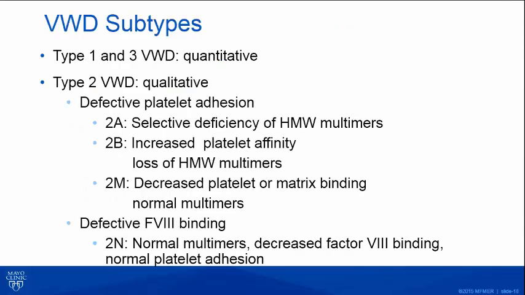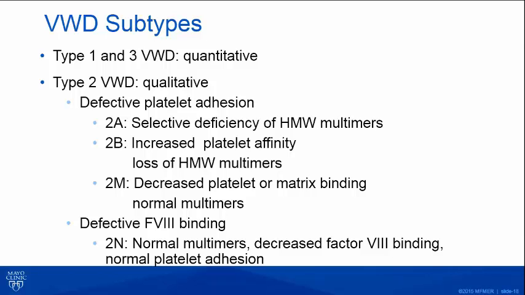So type 1 and type 3 are quantitative abnormalities. Type 2 is qualitative. In type 2, you can see there are 2 subcategories. One is defective platelet adhesion. The other one is defective Factor VIII binding. In type 2A, there is selective deficiency of high molecular weight multimers. In type 2B, the deficiency exists in the